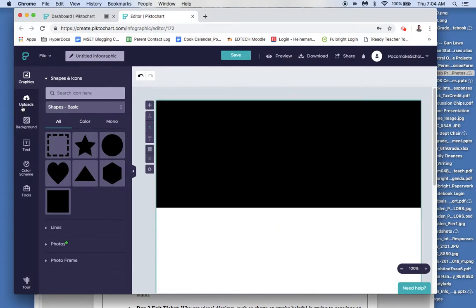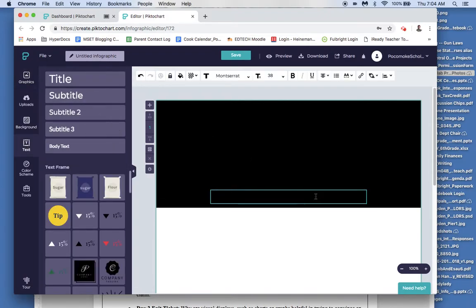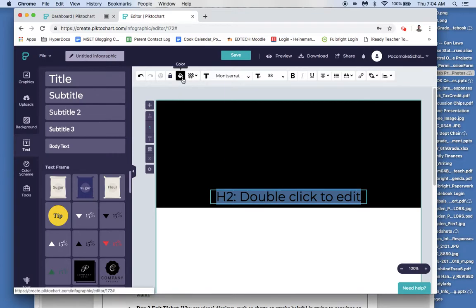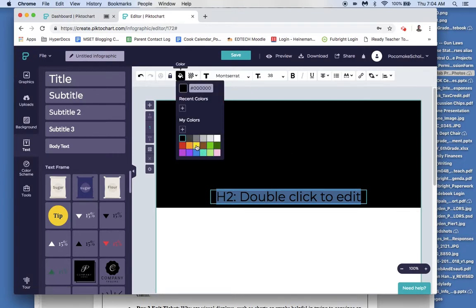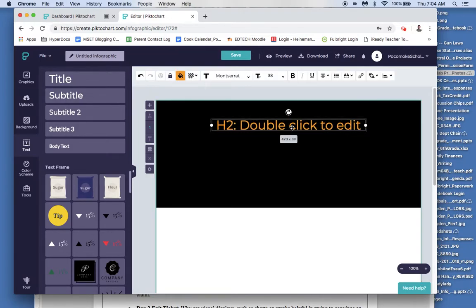Okay, so now I want to have some text in there. I'm going to click my text. I'm going to click on here. Oh, I can't see it. Well, it's because it's black right now. So what goes well on a black background? I like bright orange or yellow. So I might say my headline, or I guess same as my claim, like e-readers